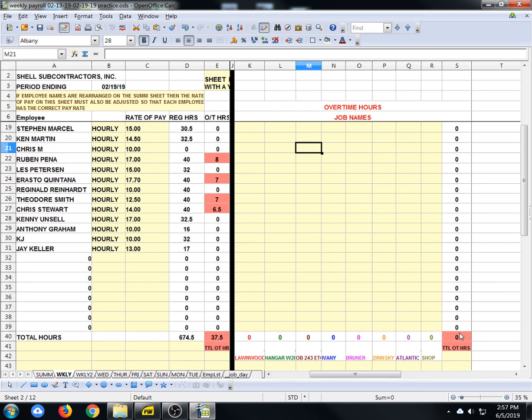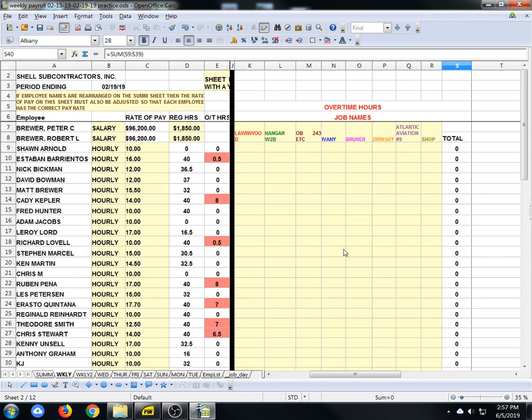But go down here and make sure it's at 0. When all of these are correct, you'll have the same amount here as you have here. So when we have all this information incorrect here, we'll have 37.5. The first person that we have with overtime is Esteban with a half an hour overtime. So we need to figure out where Esteban